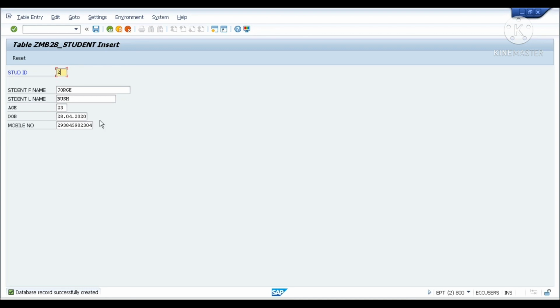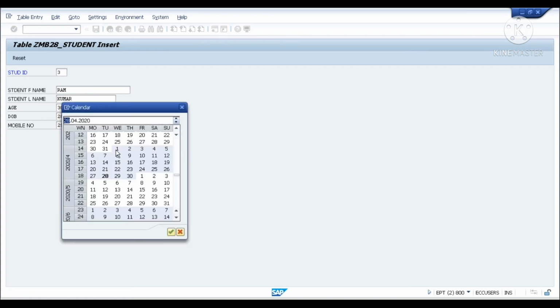Similarly, you can save the second record, George 1, Bush 1, age 24, a different name I'm putting over here. If you want to change the name, you can change it, and for the second record itself it will change. Just save it. For the third, I can give another name, Ram Kumar, age 30, and select some date.